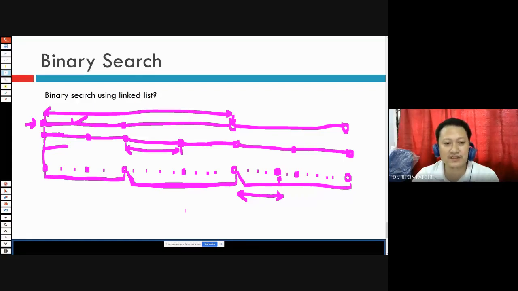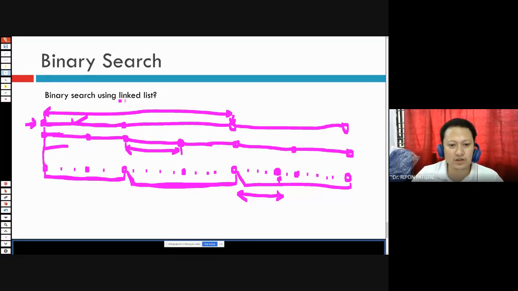Otherwise, you have to take extra memory to implement merge sort. We'll discuss it later, how to sort using a linked list.